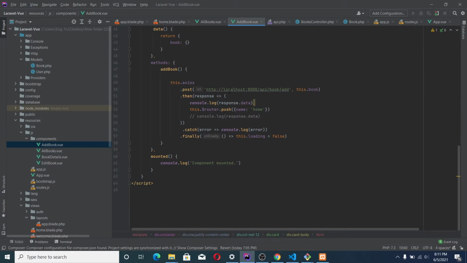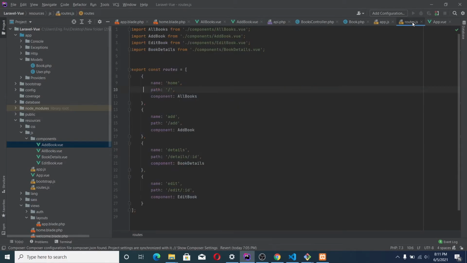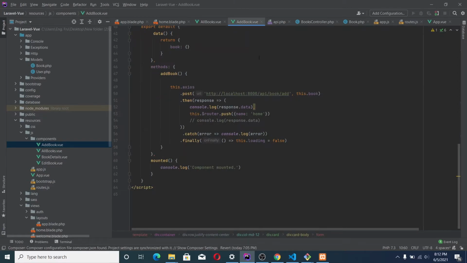Okay, so it's going to the route /api/book/add. Remember, in our routes.js, anytime we go to /add, it's going to call this add book component here. When we get the response data, we are logging it in the console.